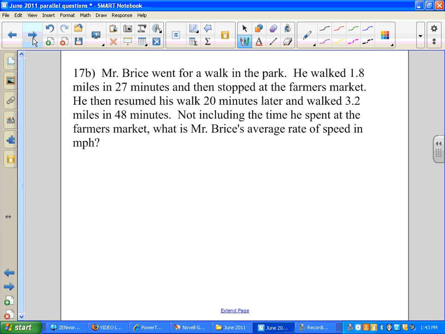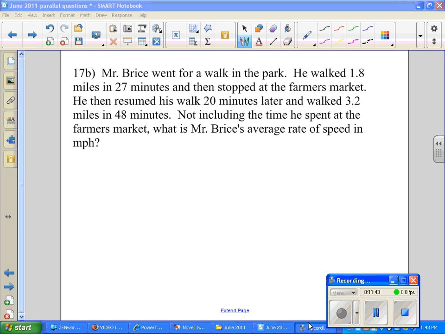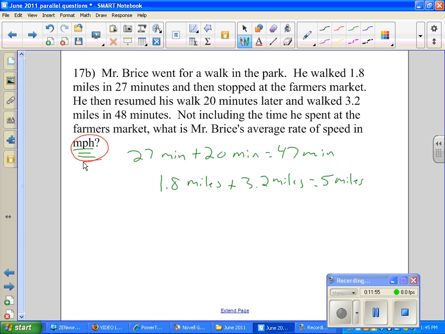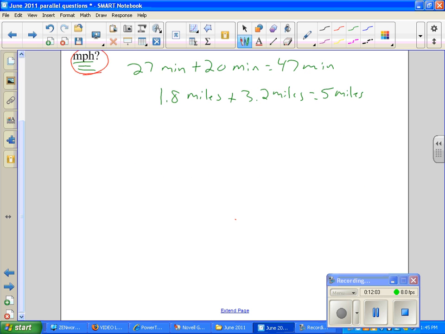Here's 17b. Hit pause, do this one on your own. So far, we should get this far, that he walked for 47 minutes total traveling time, and he went 5 miles. Now, it says miles per hour, not miles per minute. So how do you do this? In miles per hour,